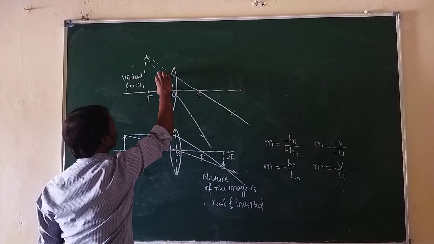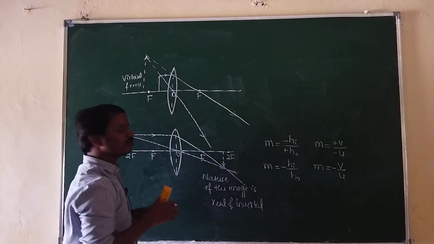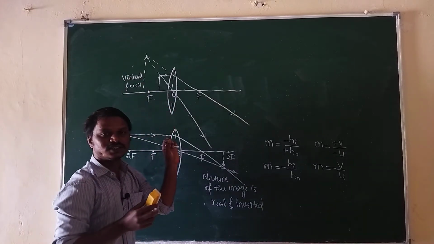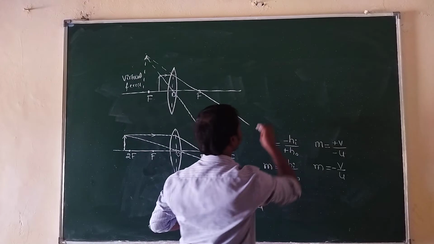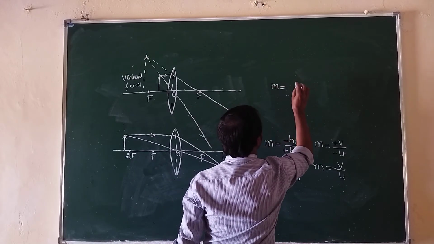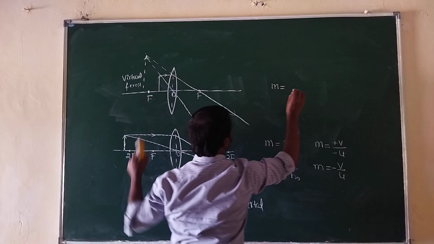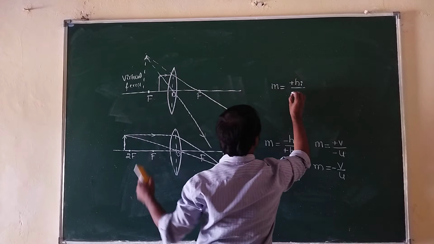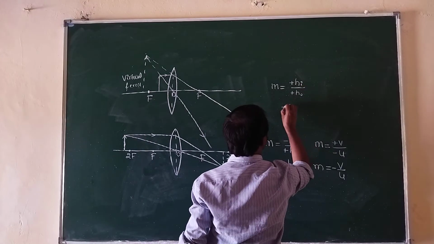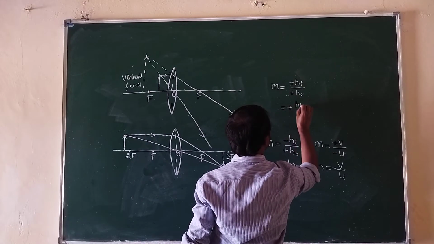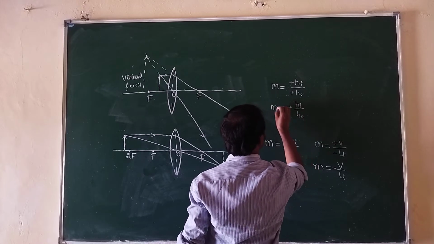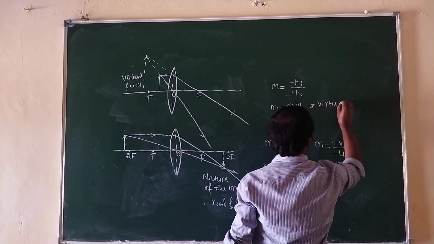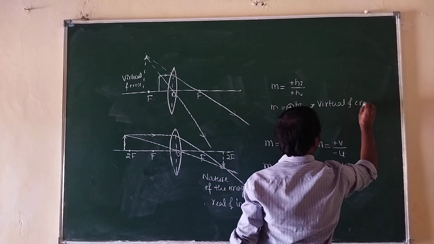See here, object upside, then image also upside. Now the image is said to be erect. And what about magnification here? Is the magnification positive or negative? The magnification is positive. See here, m is equal to the height of the image taken upward, that is plus hi, and the height of the object also taken upward, that is plus ho. Then positive by positive, again it is positive, then it is hi by ho. Hence magnification is positive for which image? Virtual and erect image, virtual and erect.